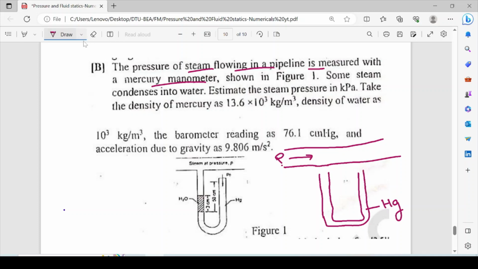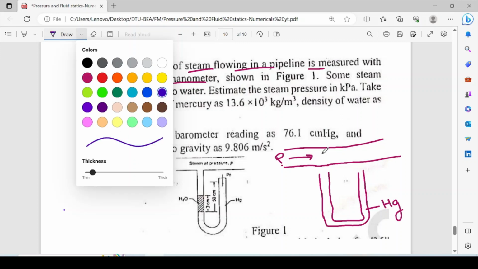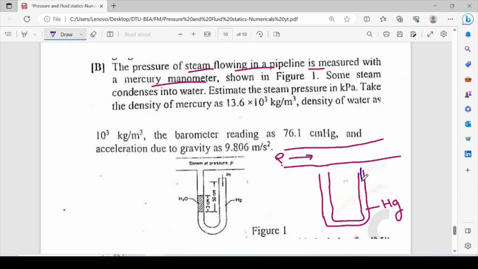So initially this will be at atmospheric pressure and open to the atmosphere, that is the atmospheric pressure, P naught. And the mercury level initially on both sides of the tube is the same. But when we connect to this pipe,